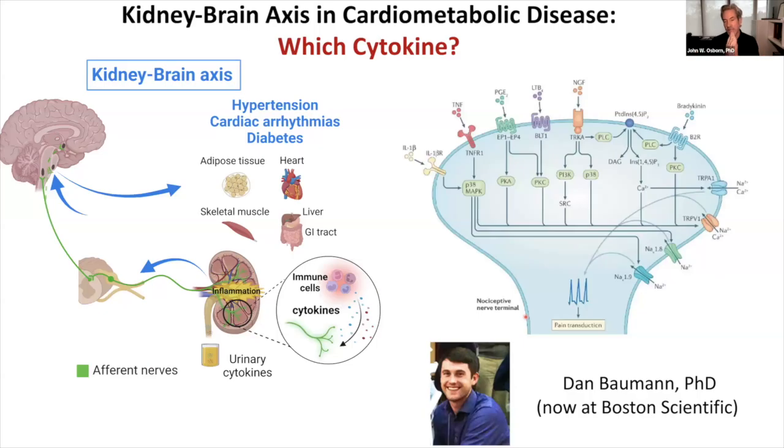So we've gone around and around. Okay, there's lots of cytokines, and cytokines can activate nerves. This is from a review in the pain literature showing a sensory nerve terminal. And here's IL-1 beta, here's TNF alpha. These are just a couple that can activate sensory nerves. So we would talk about which cytokine should we look at, how do we go after this? Dan Bauman was a PhD student in the lab at the time, and he just said, I want to go after IL-1 beta. I think it's IL-1. We said, okay, go for it.